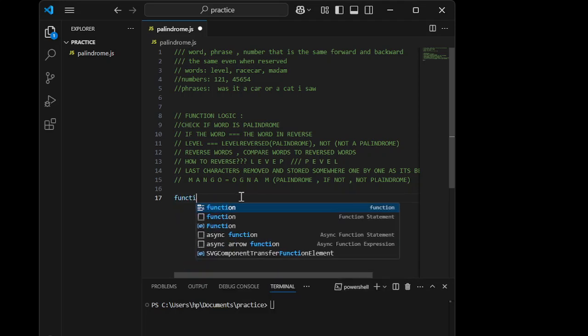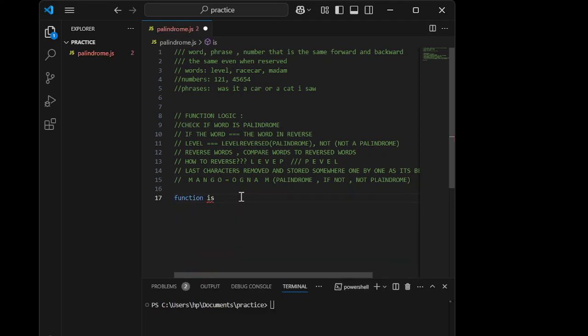So we're going to have a function, call it isPalindrome. We're going to pass in a word, and then we have a function. So guys, from our function logic, this will guide us. We want to check if a word is a palindrome, meaning we have to store the reversed word, right? So two things we are storing here. We have to store the reversed word,